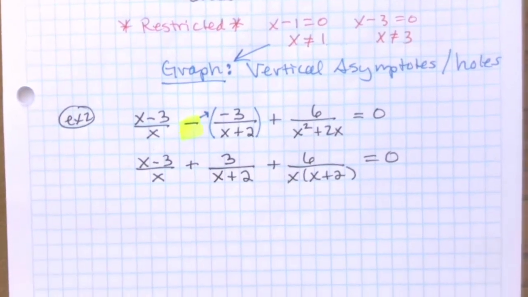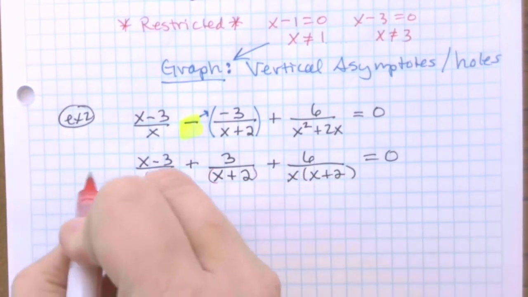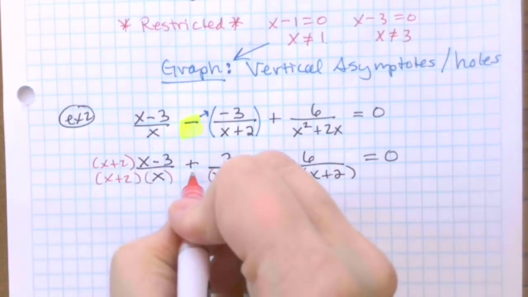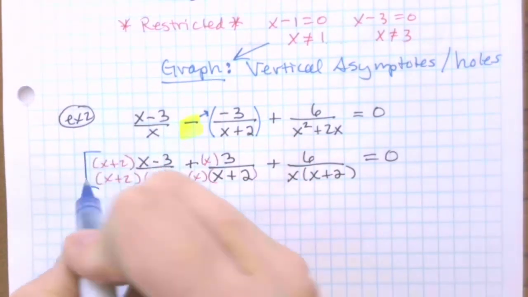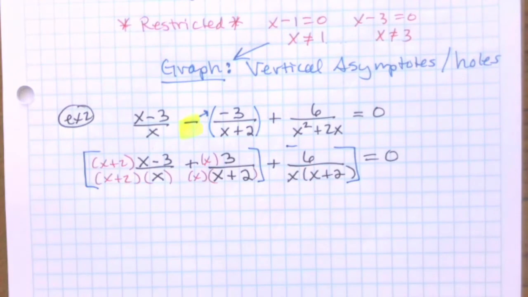Okay, so now we're going to get a common denominator. So the first one has an x, it needs an x plus 2. The second one needs a single x. The third one has everything. And this is probably more like your work is going to look at home. So now that you've got a common denominator, you're going to multiply